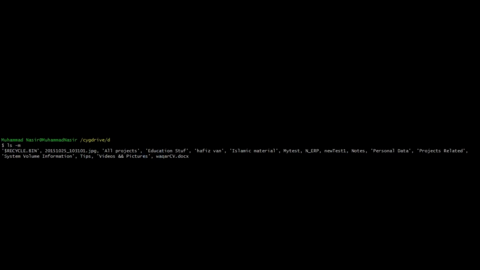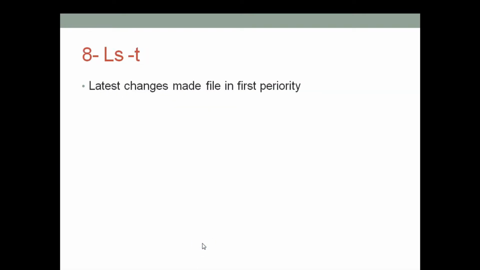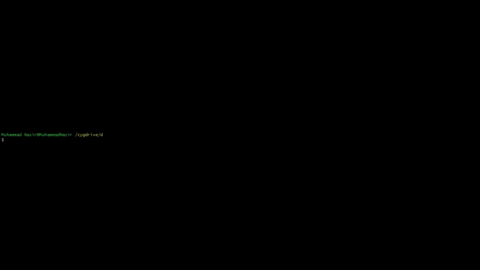Okay, so now we will move to the next command, that is ls -t. It is a very important command in Linux. It shows us all the latest changes made to the files, basically in priority order. The first file displayed is the one with the most recent changes inside it, or someone modified it, or so on. So this lists the files in order, with the most recent changes in first priority. Okay, we will try inside my terminal, that is